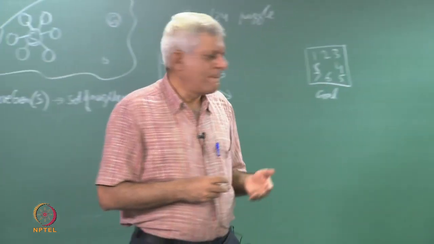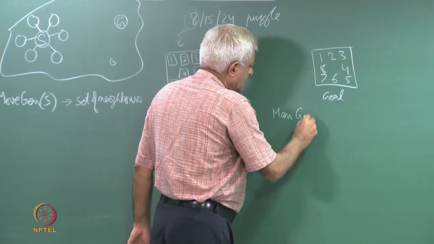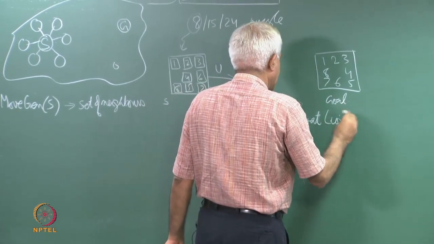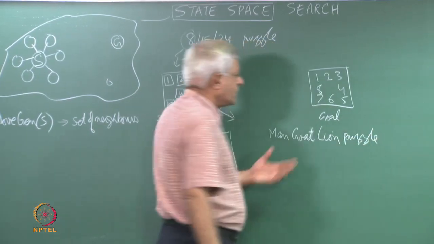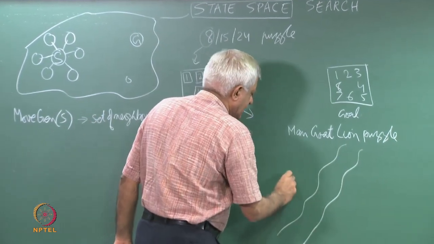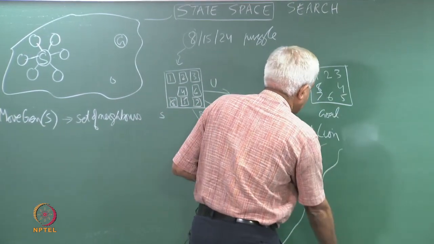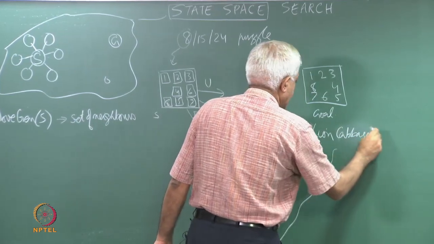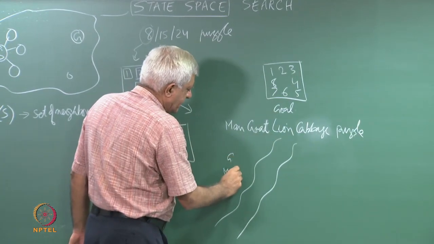So, a simpler version of that is the man, goat, lion problem. Okay, so, what is this saying? This is saying that I have some river and on one side of the river there is a man. Okay, I forgot one more thing, there is a cabbage. So, there is a man, there is a goat, there is a lion and there is a cabbage,